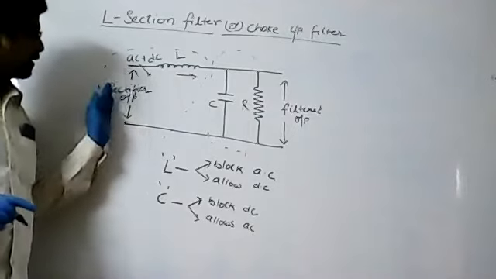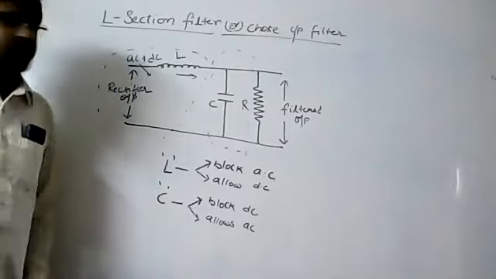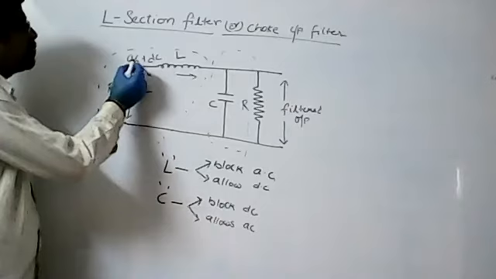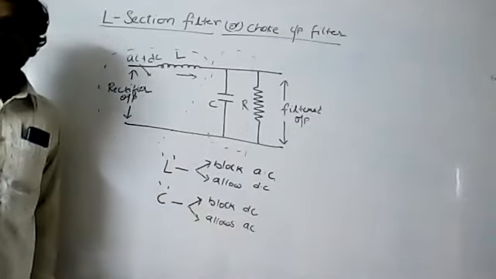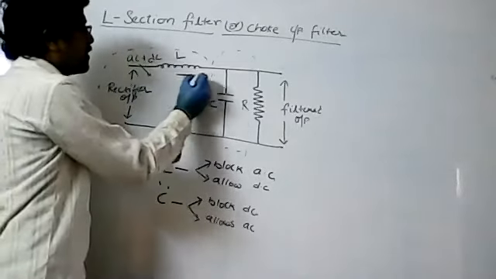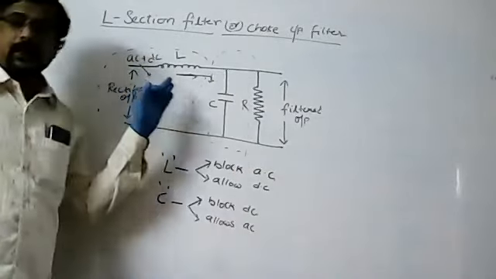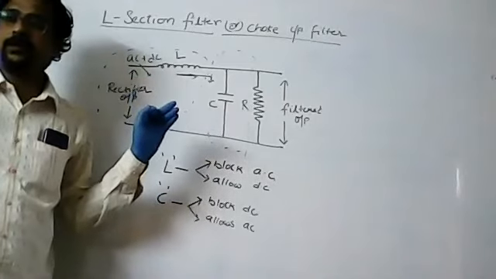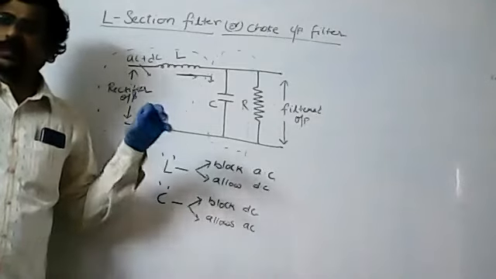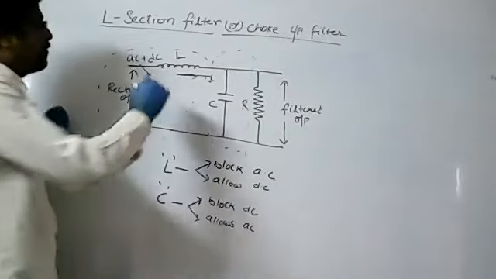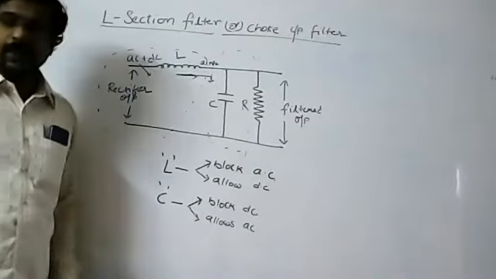As I am giving the rectifier output as the input to the filter, both AC components and DC components will be present. So it will offer a very high reactance path to AC. High reactance path in the sense that it will start stopping the AC components, and all the DC components will enter like this. Now the inductor, as I told you, will not perform 100% filtering. That means it will not stop all the AC components. Due to some problems like surrounding temperature conditions, some part of the AC will also come through. So a little part of AC will be there.